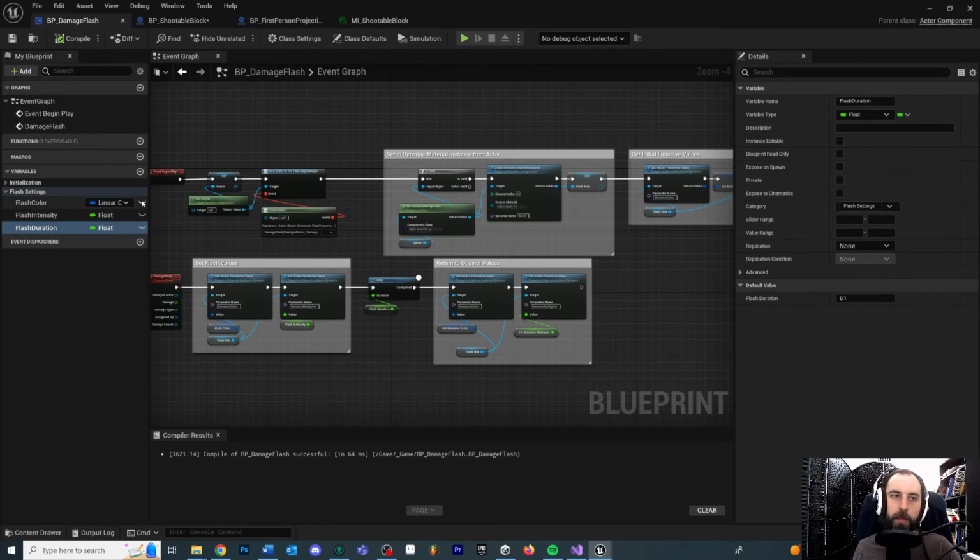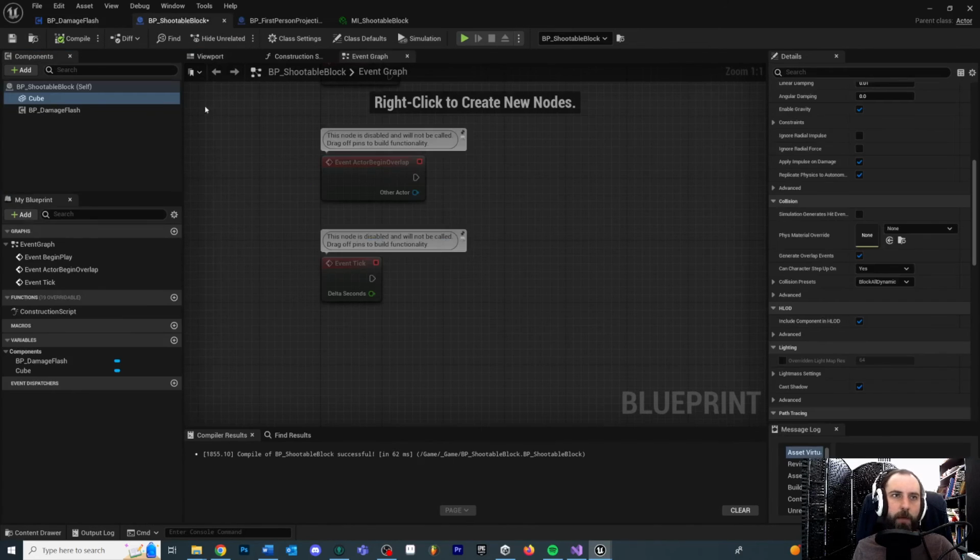So for example, I do want them to choose a different flash color if they want. I do want them to choose an intensity and a duration. So I'm going to check the eyeball for all of these right there. Hit compile, hit save. And what that means is that if I come back over to my shootable block and